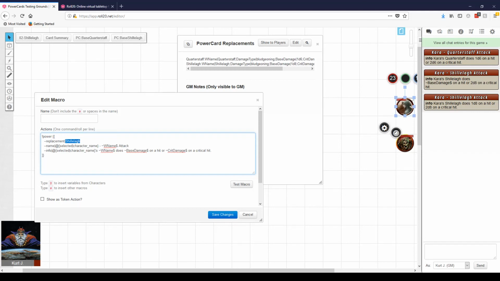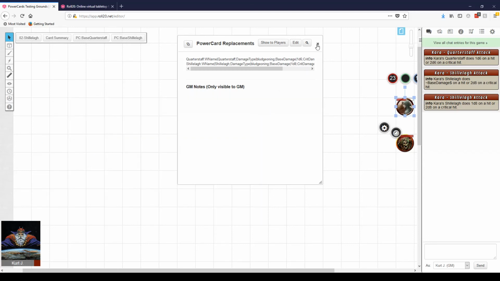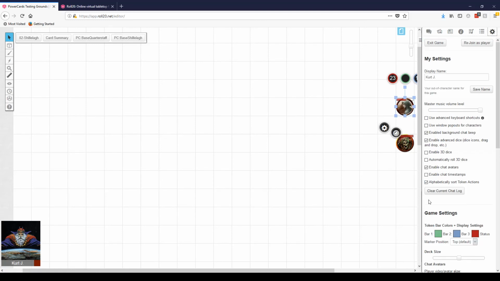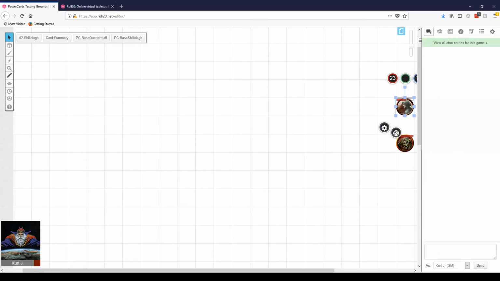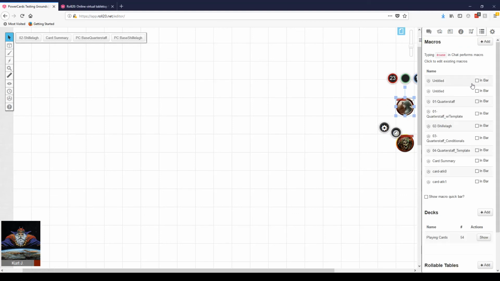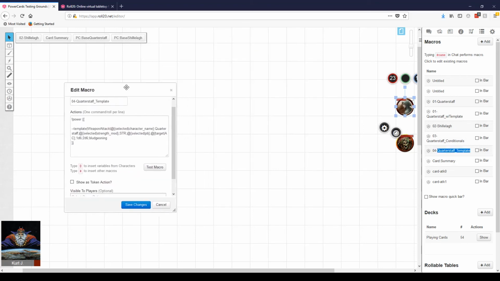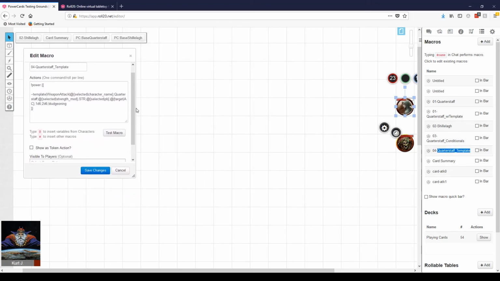So if we think about replacements and templates and what we've done so far, we should be able to combine these two features to create something even more interesting. So again, let me clear out everything, close our chat window, and we will start to look at how we would do that. And we don't actually have to even revisit our template at all. We'll go back into our quarterstaff template, or macro, excuse me, and